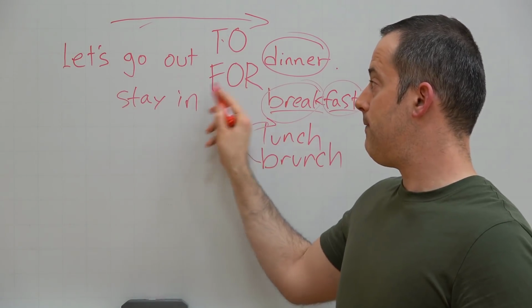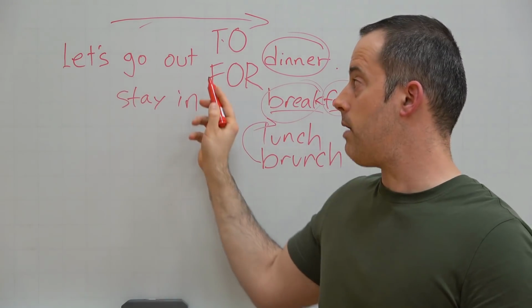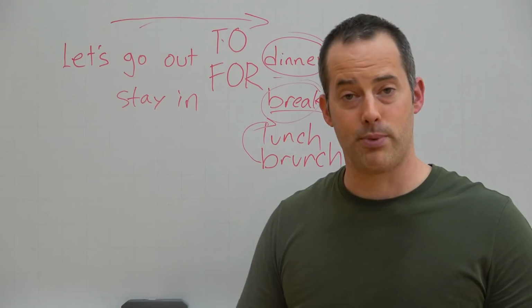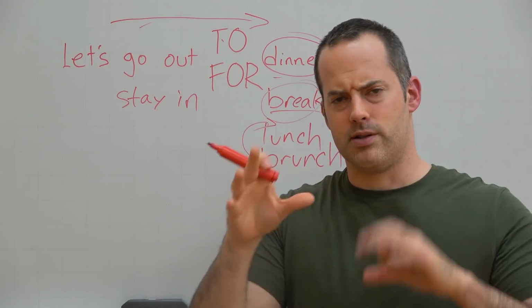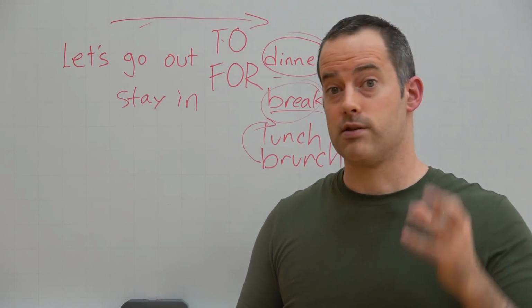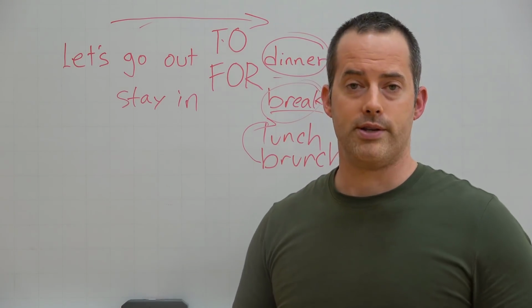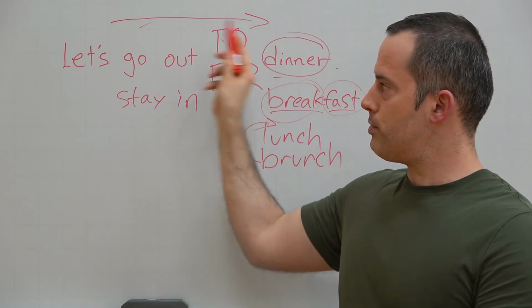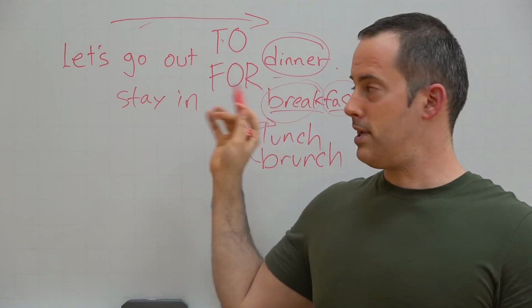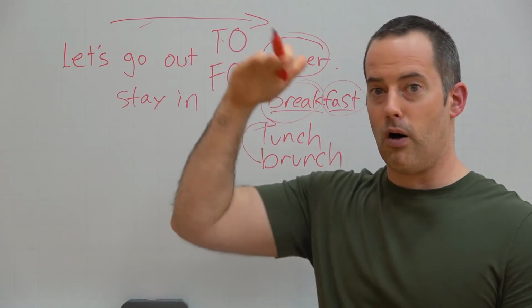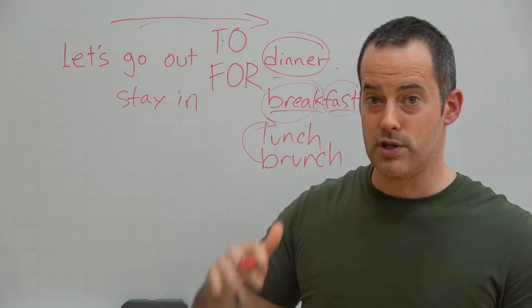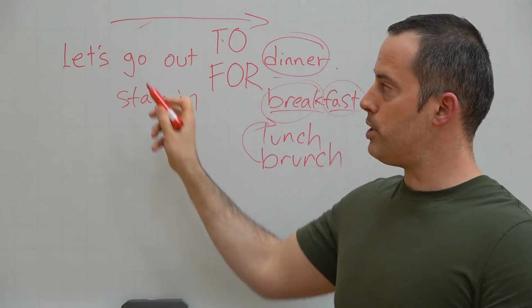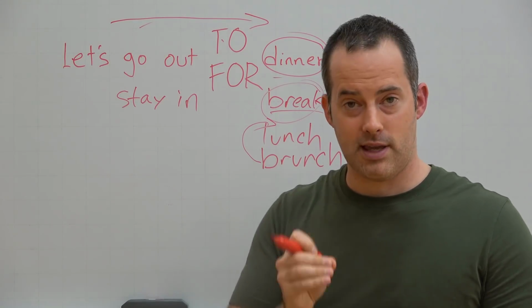So if you stay in for dinner instead of going out for dinner, you're still talking about the purpose of it. And it's maybe just deciding where you're going to do that. So either you're going out or you're going to stay in or stay at home. Does this make sense? Really, there are some questions like this. This is, again, not a really big lesson on all of the uses of to or all of the uses of for. It's just helping you understand one idea the same way natives do.